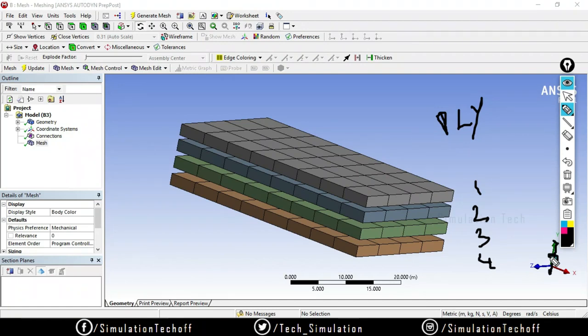In that orthogonal plane, the entire properties will change. So that is why we call this material an anisotropic material. Like if I apply a tensile force over here and another force over here, these 3 forces are the same, but the reaction force and the behavior of the material change according to the sides, right? While it has more stiffness in this direction, it doesn't have this much stiffness in this direction, because the structure depends upon the layers.